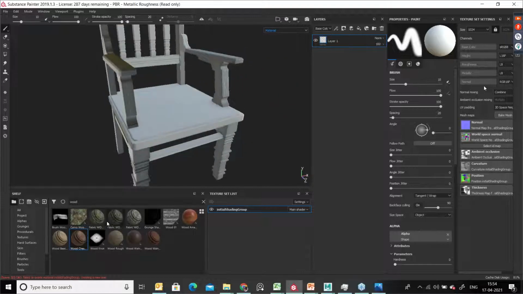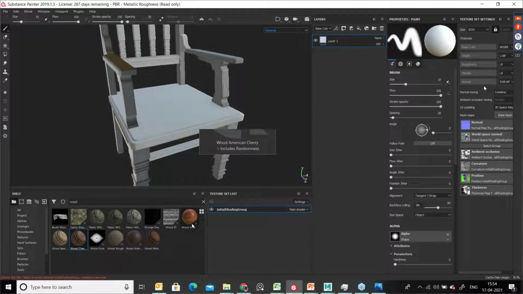Because this kind of thing and all, it's a one-minute work. So drag and drop the old wooden texture, and you can create some generator and try to apply edge damage or edge wear and tear in the brushes. That's it. But the main purpose of our session is how to create an old texture from a new chair. That is the challenge. Because all these textures available over here are all old textures only.